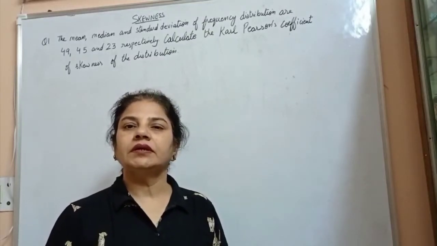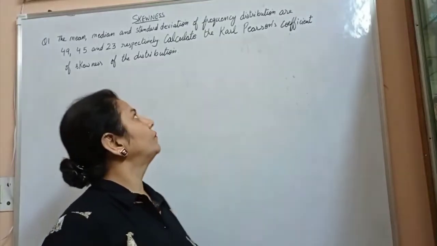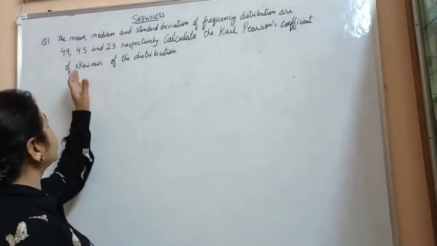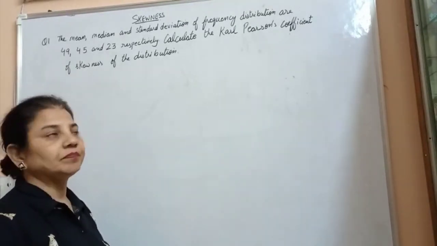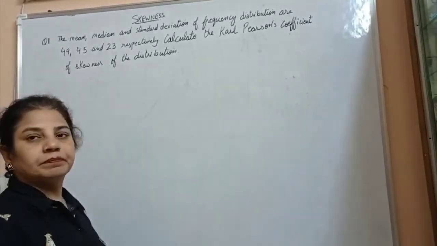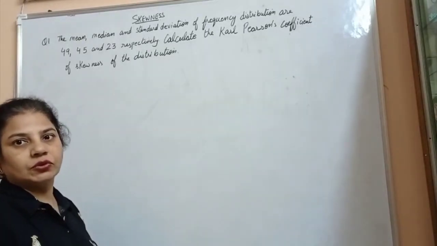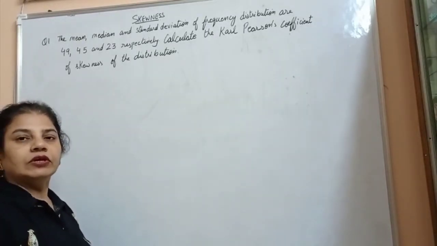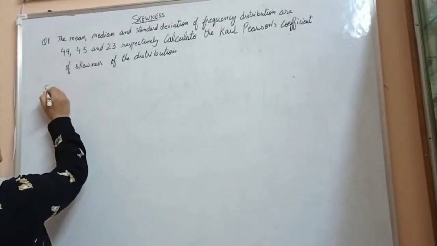The mean, median, and standard deviation of a frequency distribution are 49, 45, and 23 respectively. Calculate Pearson's coefficient of skewness of the distribution. We know that the formula for